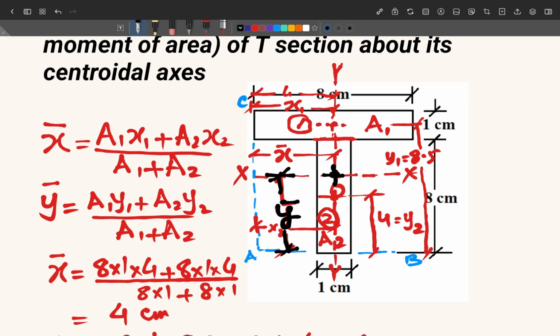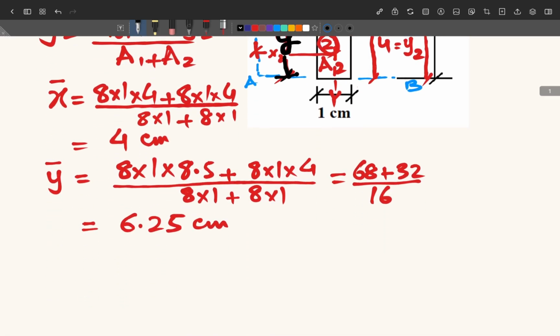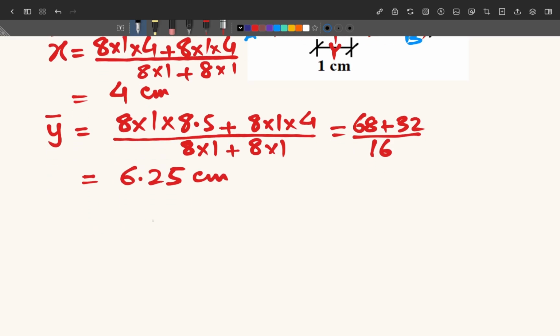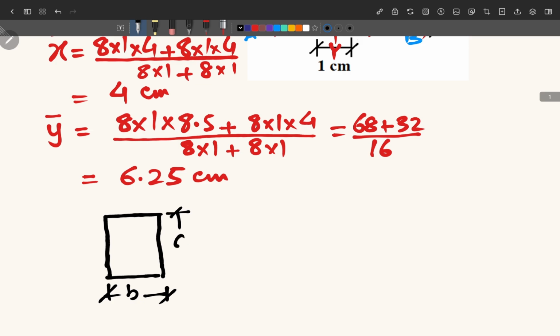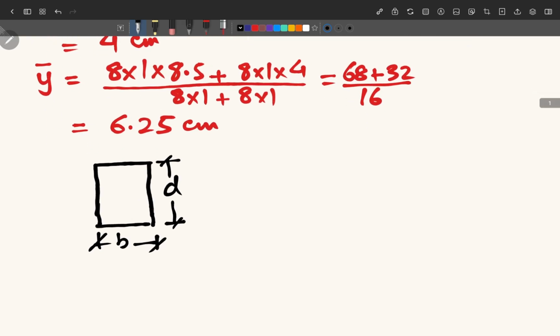x-axis and y-axis. We know that these are rectangles, and the formula for a rectangular section you also know, but that formula, which is BD cube by 12, is about the centroidal axis of that section. So I will show here. If we have this section here, a rectangle, with the base B and the height D,